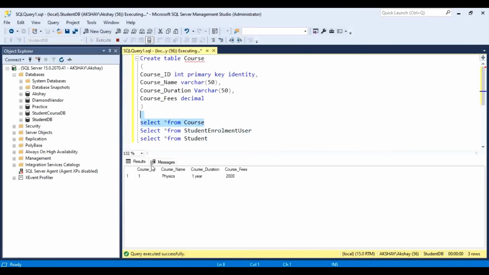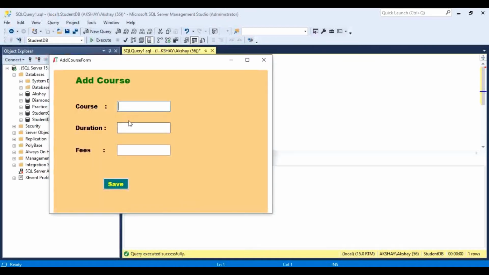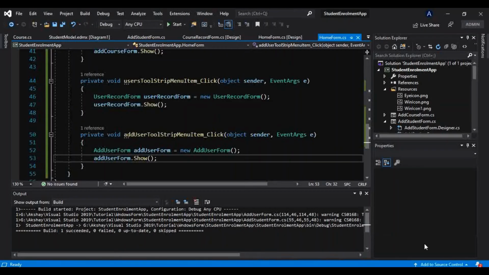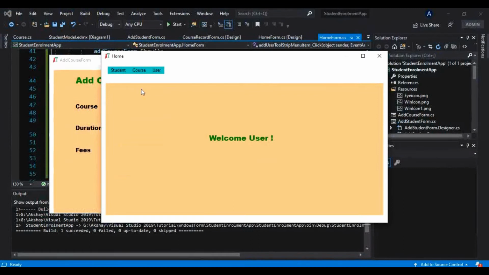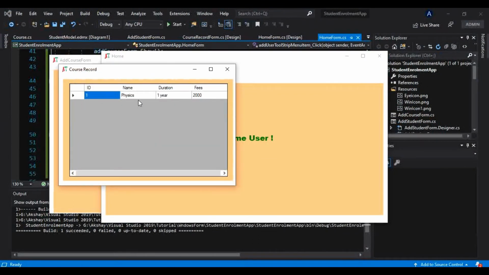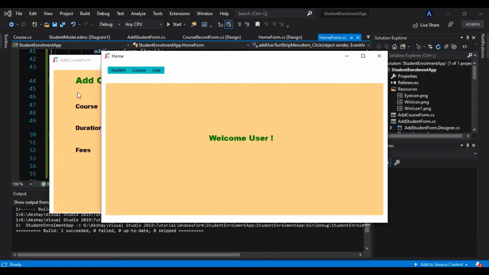if I execute, I have already added one course here. Okay, so let me add one course in front of you guys, or let me add 2 or 3 courses here. So let me add what course we have added before. So let me see that, and we can see that there itself. So that is why we have created these menus. If I go to these courses, you will see that there is one course for now, and that is nothing but physics. Okay, so let me just add chemistry here.